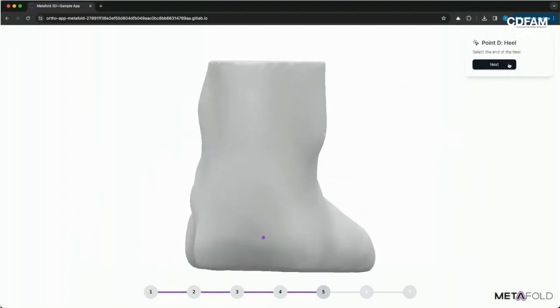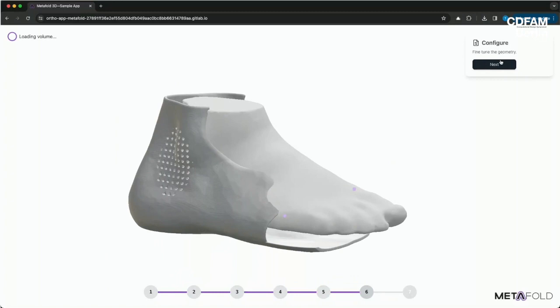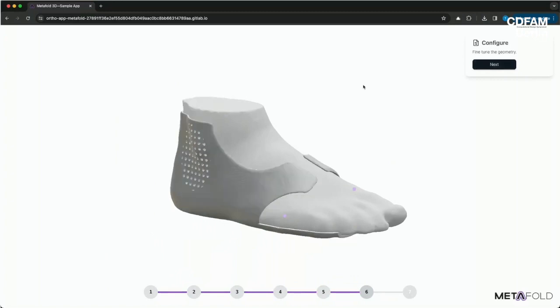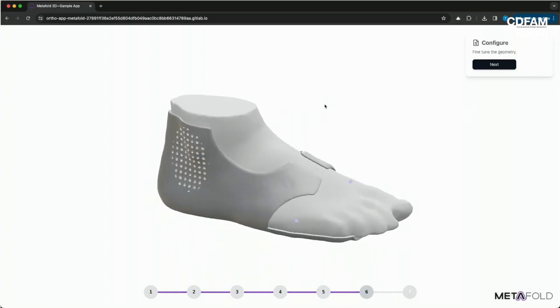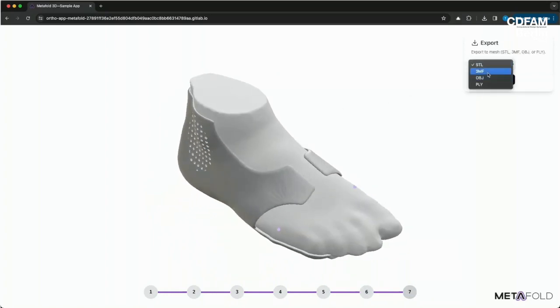Conservative estimate suggests that if you wanted to build this functionality entirely from scratch, it could take you months, if not up to a year. Just getting geometry on screen, creating it, editing it, rendering, exporting, importing the scan data, all this stuff. With Metafold, we spun this up in just a couple of days.